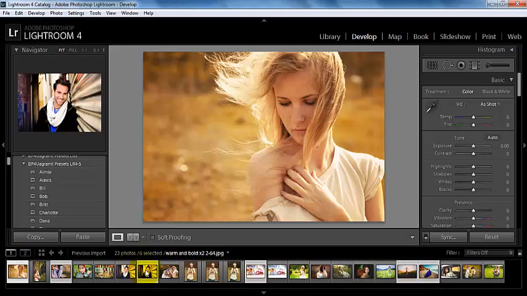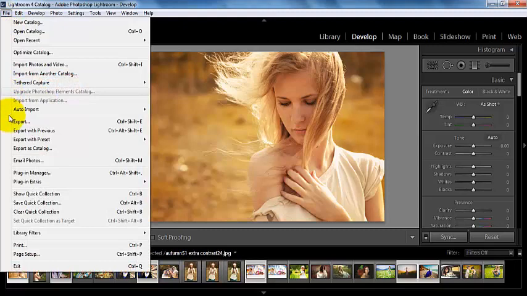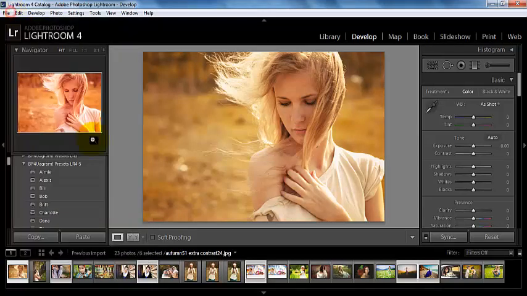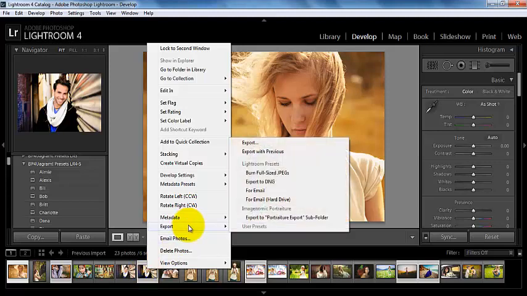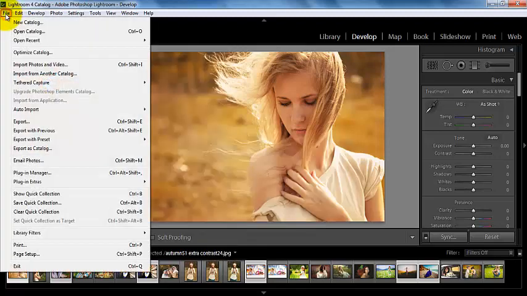I can do a few things here. I can go up to File, I can go up to Export, I can click Control-Shift-E or Command-Shift-E on a Mac. I can left click or right click here on my mouse, and I can go up here to export. And when I export it using this method, I will get to use one of my export presets, and we will talk about that in just a couple minutes. But for now, let's just go up here to File and Export,